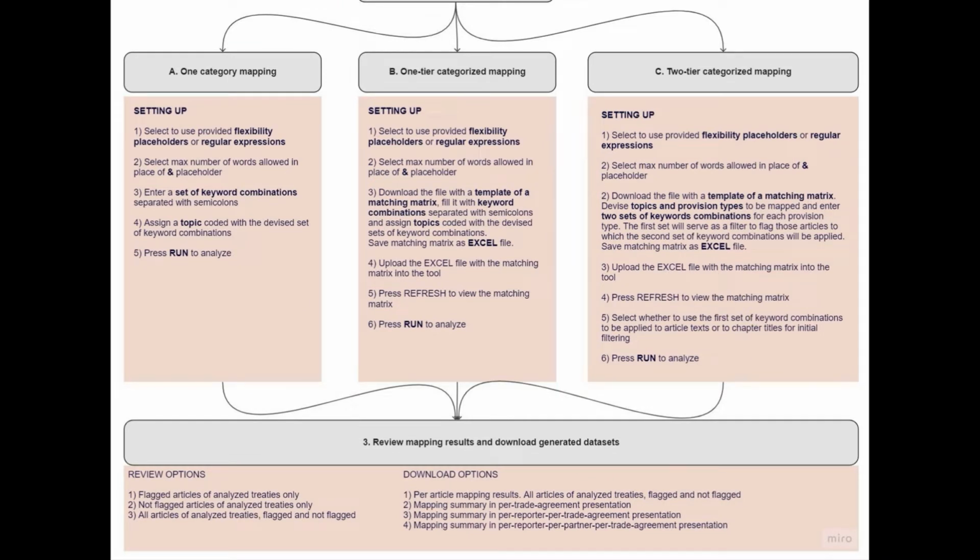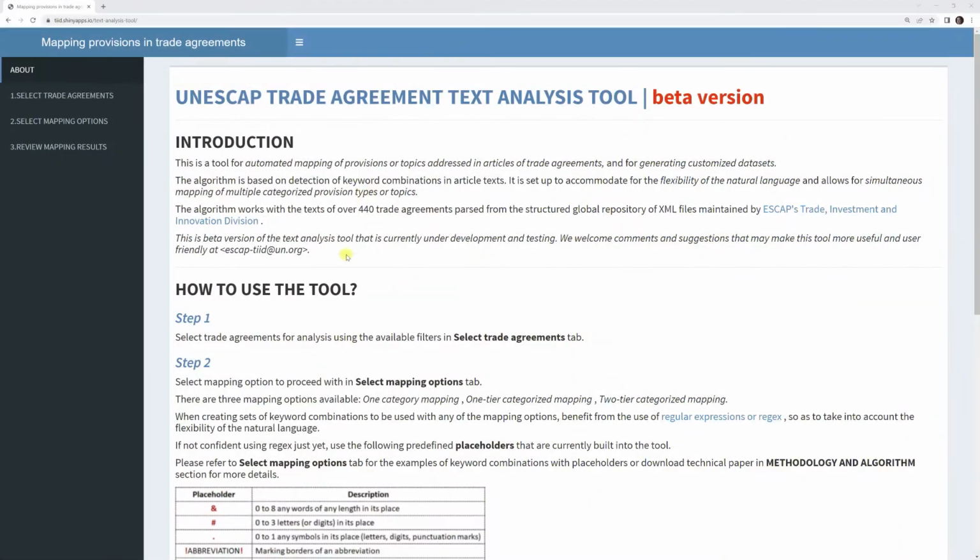Here you will be able to review the mapping results and then download those mapping results or the summary datasets to your computer. Again, later in this course, we will examine the structure of the datasets generated after the mapping. But now let's go to the actual online tool and run a simple mapping query to get a rough understanding of how it works. So this is the trade agreement text analysis tool, and specifically this is the front page